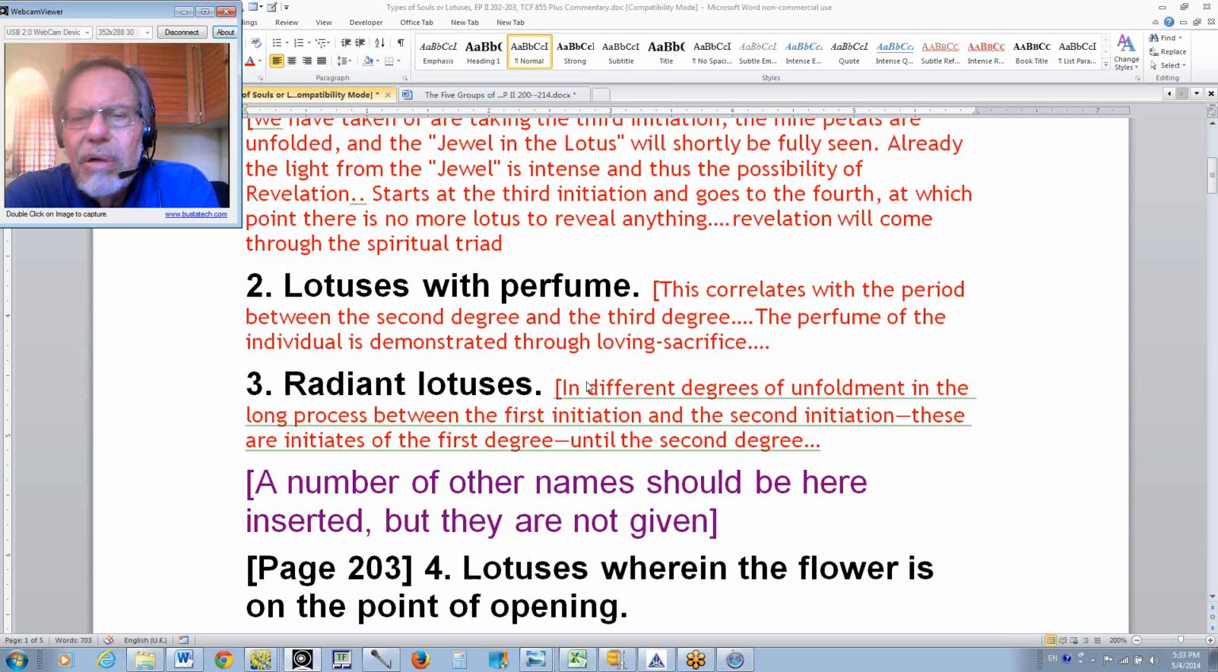So the radiant lotuses are those in whom the seventh petal is unfolding. It will not unfold completely until the third degree is completed, but the Christ directs his energy to this seventh petal and increases the radiance of intelligence. And although that petal is not fully unfolded with the touch of the rod, it is very unfolded. So it's seventh degree work, seventh petal work,